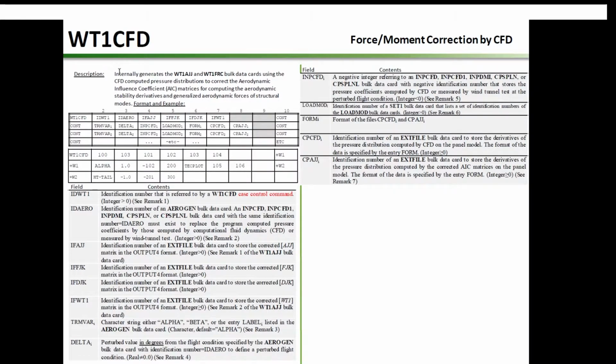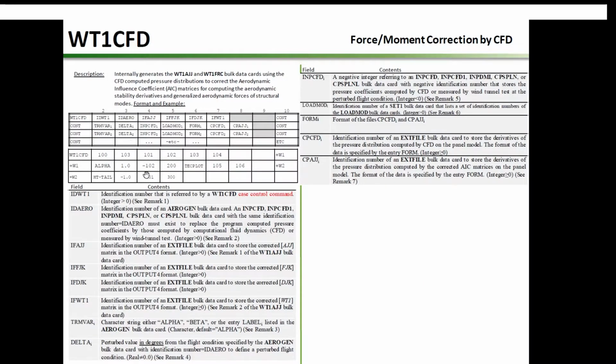The WT1 CFD can internally generate the WT1 AJJ and WT1 FRC matrix to make your life much easier. To activate WT1 CFD, in the case control section, you must have the WT1 CFD case control card. And then